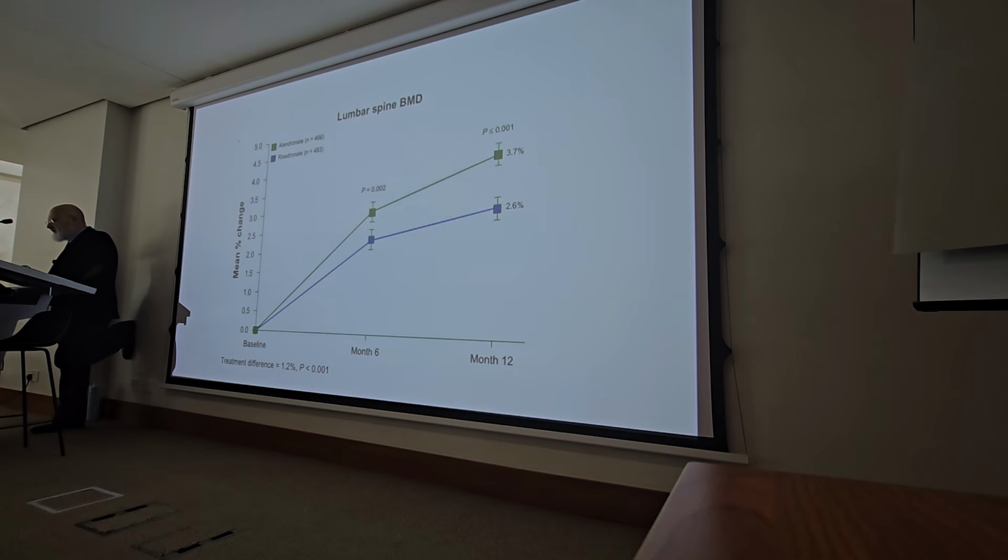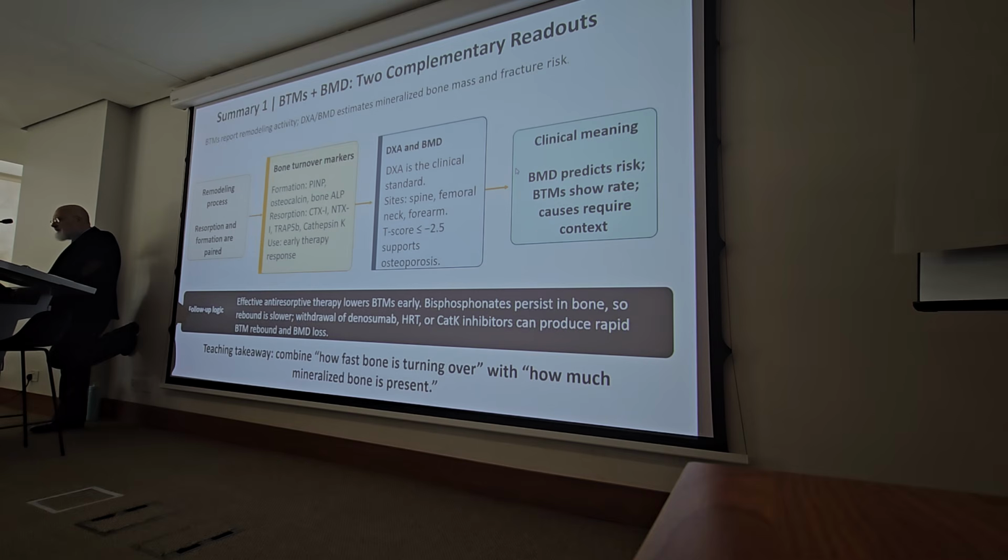So again, there's just some data that show you if you compare these different drugs, you can actually increase bone mineral density with this particular drug, alendronate versus etidronate, which is blue here, and this is a significant difference. You can see the improvement in the bone mineral density changes over time. So they usually have a baseline and you measure every 6 months, and you can see the improvement. To just summarize, this is what we did with the bone turnover markers and bone mineral density, and how they complement